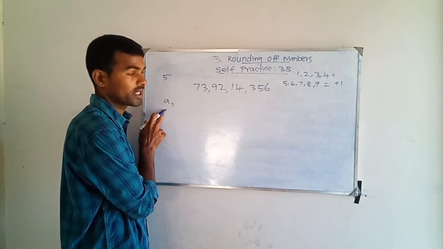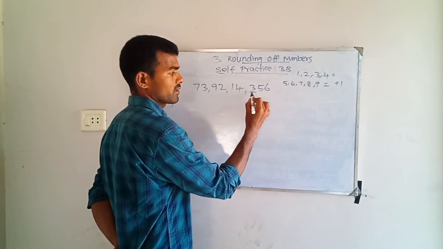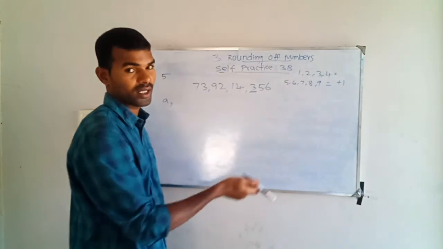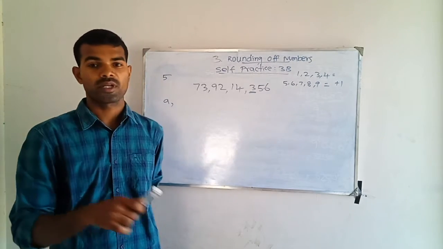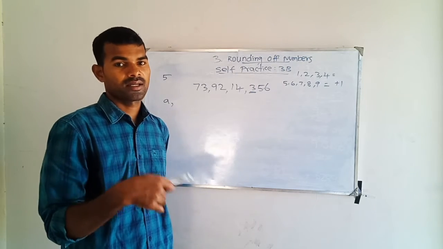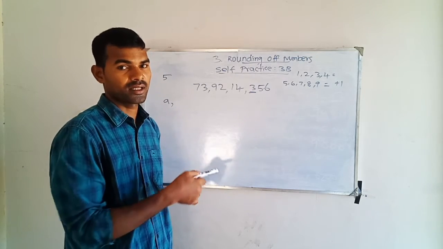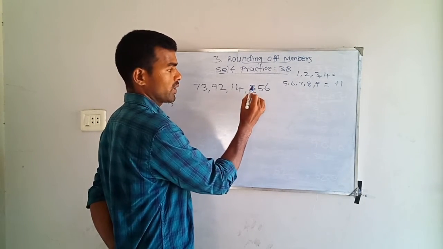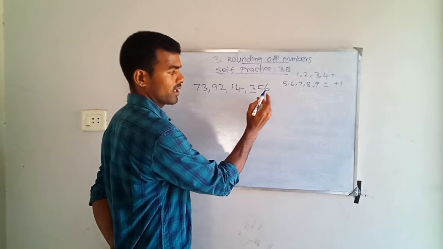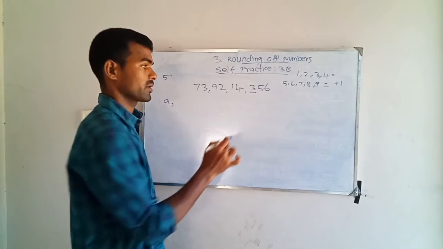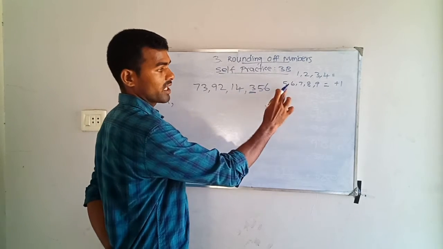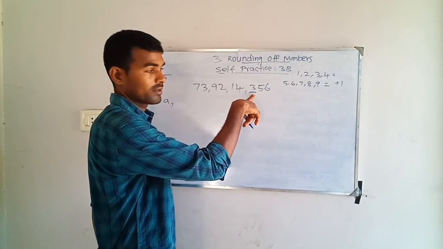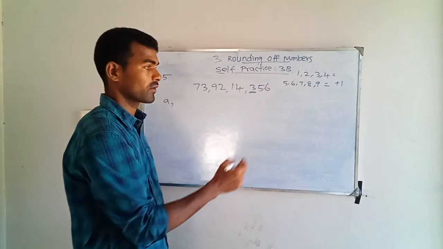You have to round the number to the nearest 100. So what is the 100th place? Whether it is 300 or 400, that's the answer. To round the number to the nearest 100, just recollect what you have studied, the nearest 100 rule. After the 100th place, the right side value is the 10th place. Look at the 10th place. The 10th place is 5. If the 10th place is 5 or above, we will add one to the 100th place. So since it is 5, 3 plus 1 is 4.